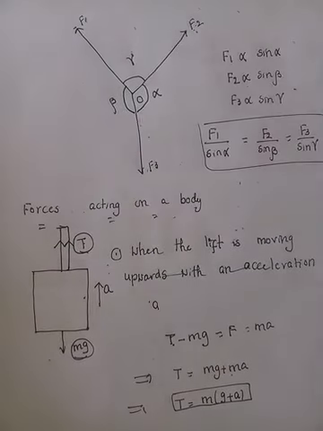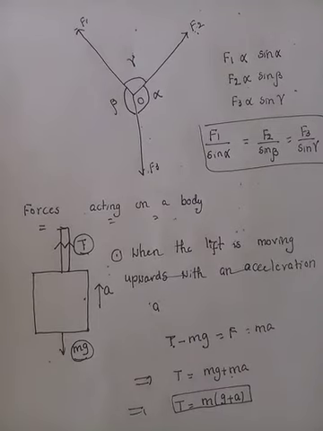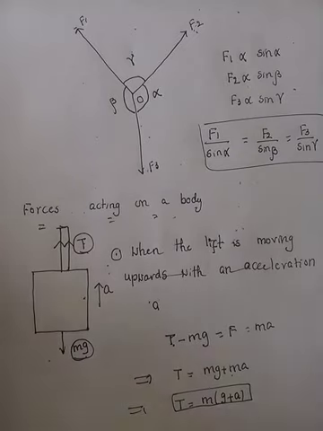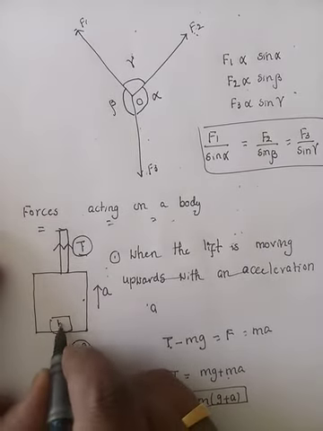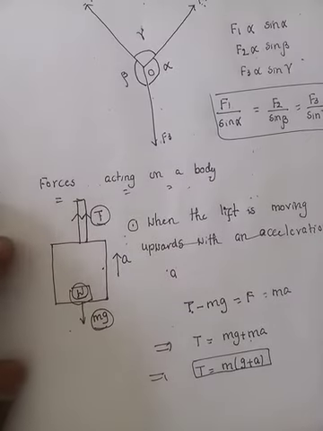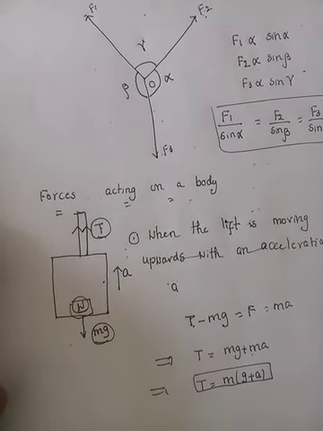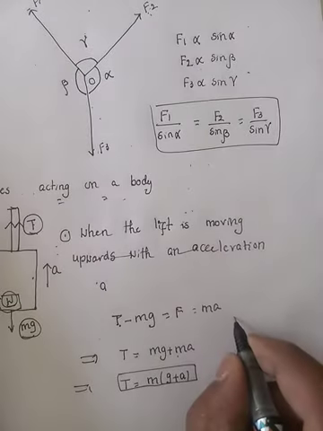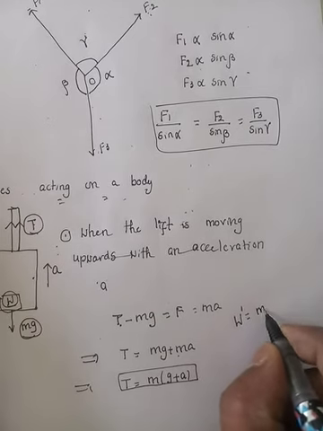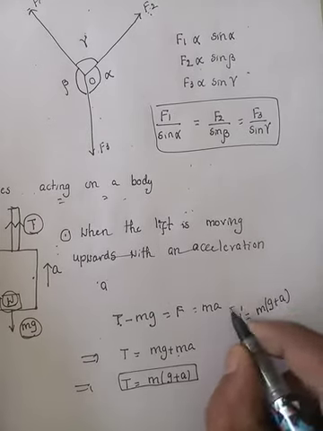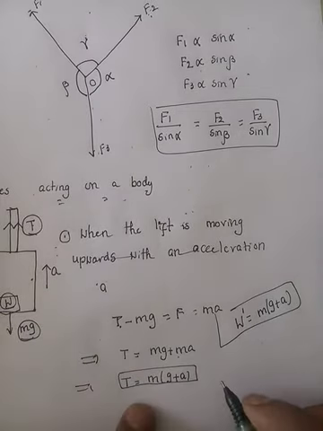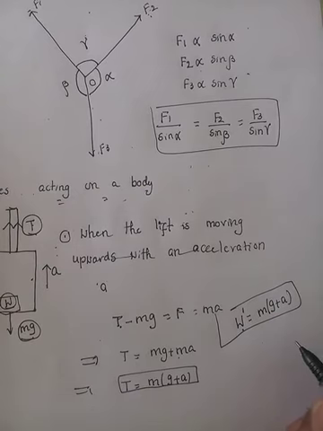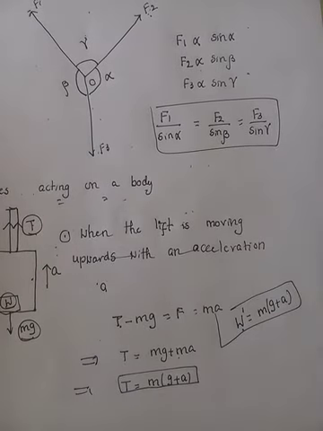When the lift is moving upwards, the tension in the string is more. For example, you are standing in the lift. Your weight is W. Then what is your apparent weight? More or not? So the apparent weight W dash equals m into (g plus a). Here the tension equals the weight, which is m into (g plus a). Okay? Next.